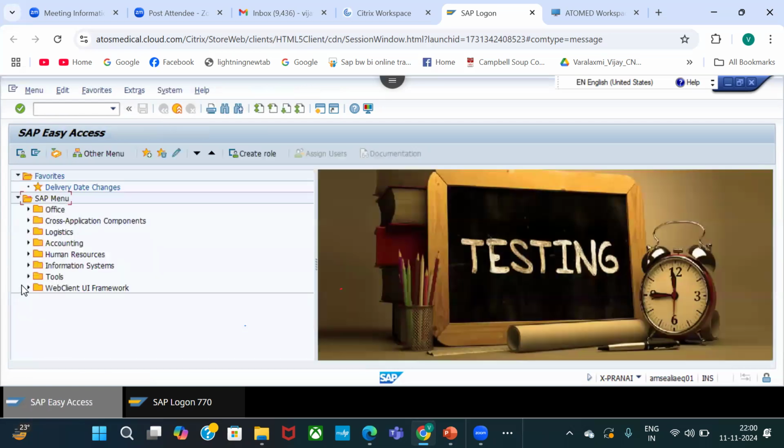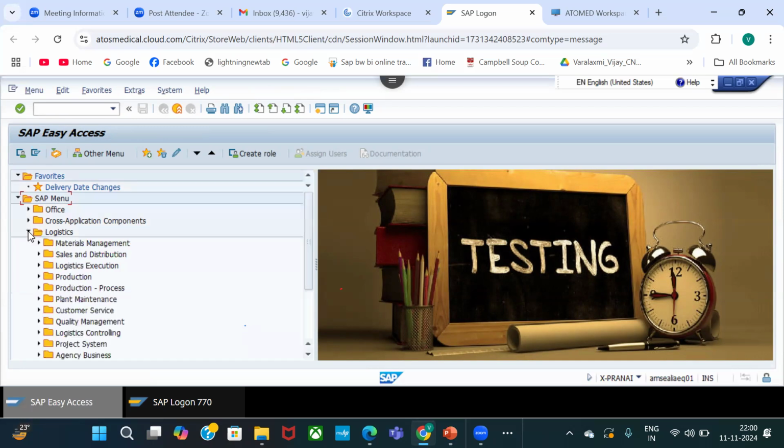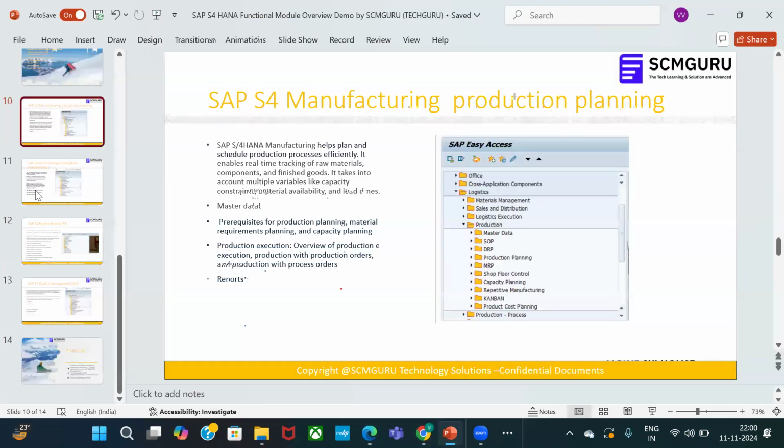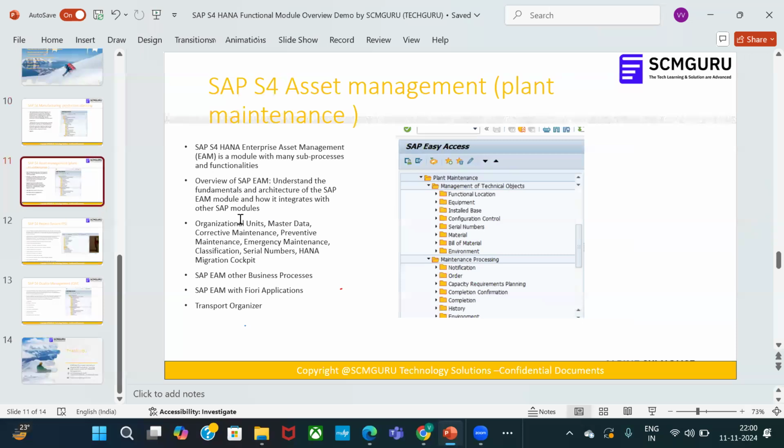Similarly, you will see different modules here. Under logistics, we get all the production module, materials management module, SD module, plant maintenance. All these modules are there. Now I explain asset management, plant maintenance. Plant maintenance, we majorly use to keep records of